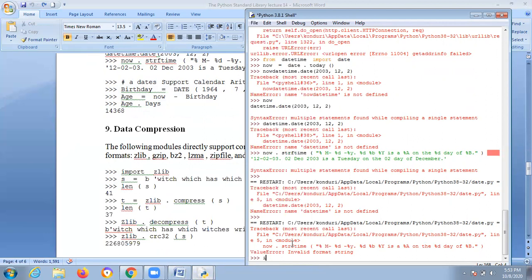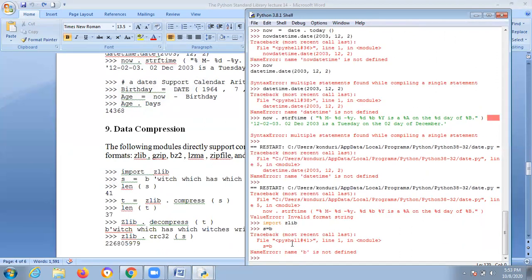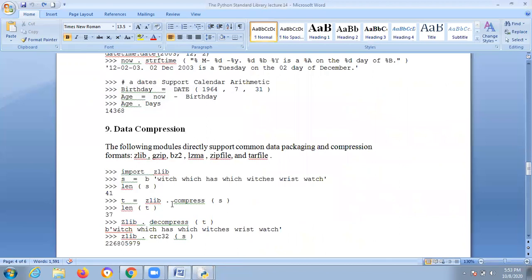Now next one is import zlib. Some issue with the date and time previously. Anyway, I'll see once again. s is equal to b. Import zlib, s is equal to b.